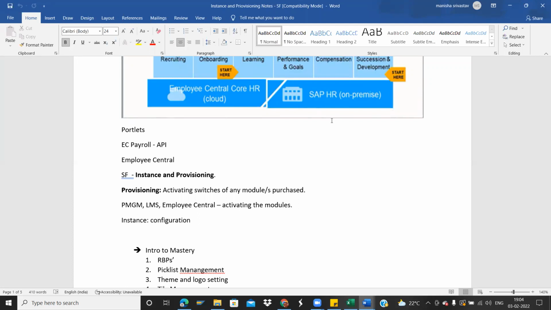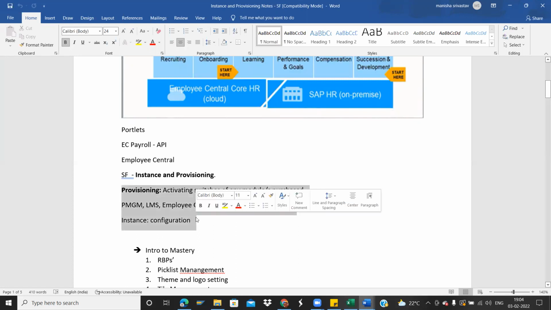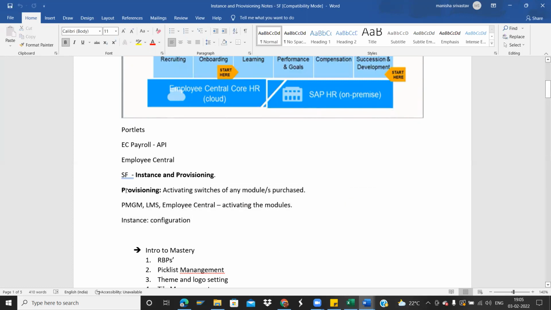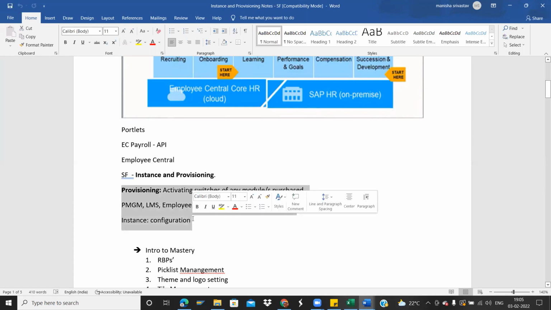So if all the configuration is done in the instance, then what is provisioning? Provisioning will not be given for practice purposes. It will only be given when you are working in real time with a handbook. Basically, that handbook consists of what modules you are going to activate. Let me clear this up for provisioning. If you are going for a support project, it is not needed.